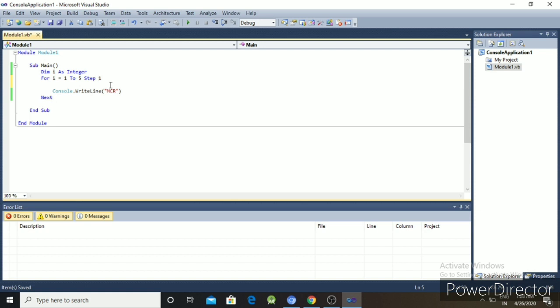But if you want to increase or decrease by other than 1, in that case you have to write the step: Step 2, Step 3, Step 4. But if you want to increase by 1, there is no need to write Step 1, it is optional.